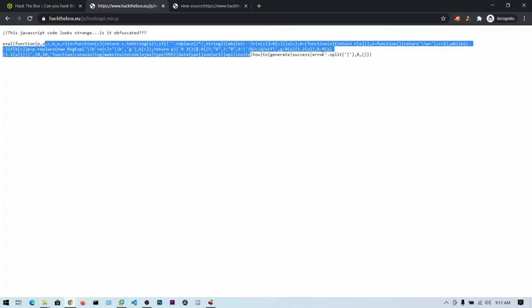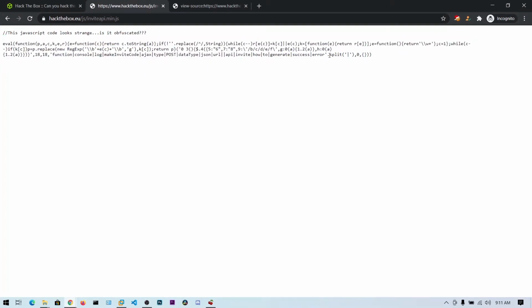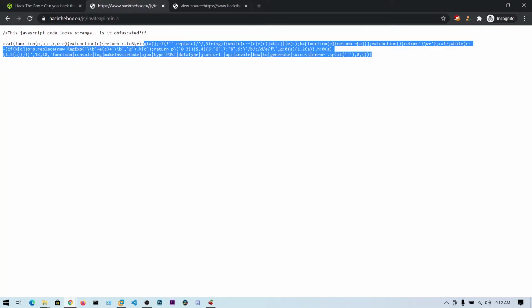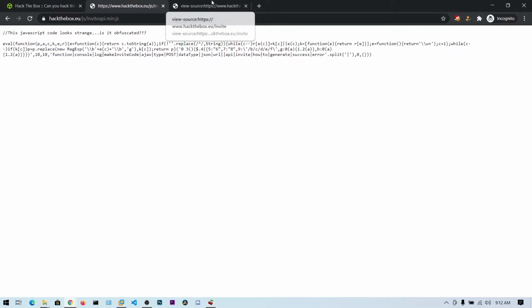Now we have got some JavaScript function and it's saying obfuscated. So is it obfuscated? You can see here there is a packer. Packer in general is used to pack something so that it cannot be understood by a human. You can see here it's very tough to read this code. Before that, we will make this beautified. This is a one liner, which is also called minification. Making the entire code into one line is called minification.